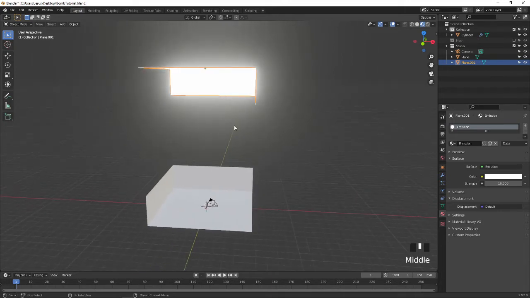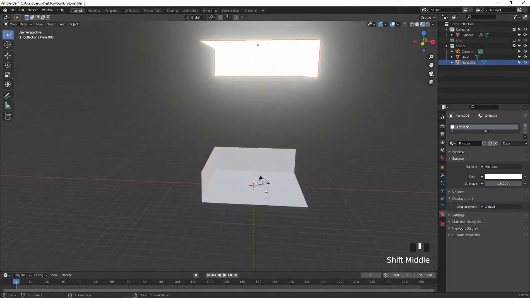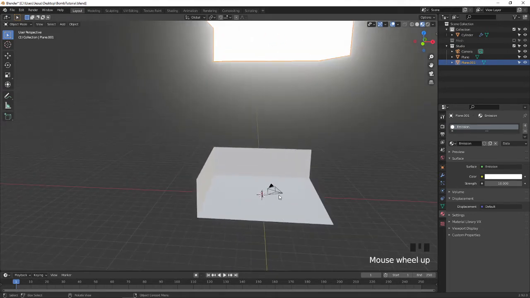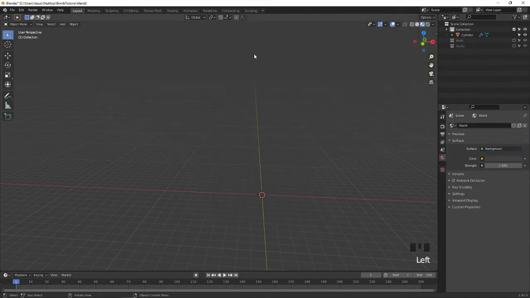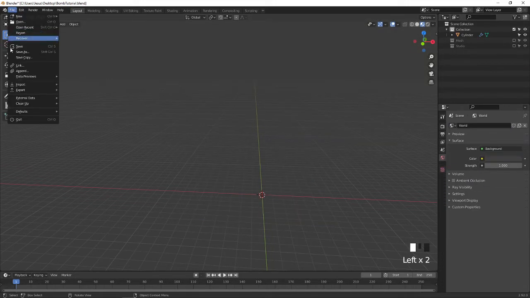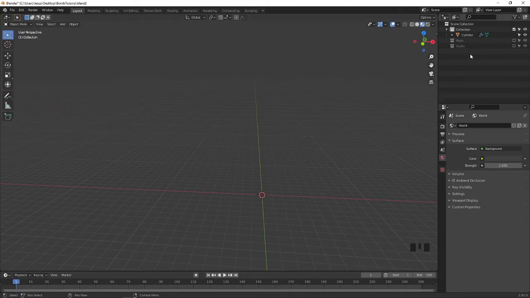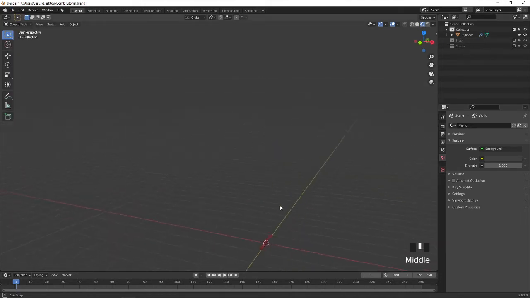Using this emission light in rendering mode, it looks very bright, which makes it very easy to render an image using these items. I have created and saved this studio, and I go to File, Defaults and Save at Startup. So these settings will always be saved. Whenever you create a new file, that studio will be there.